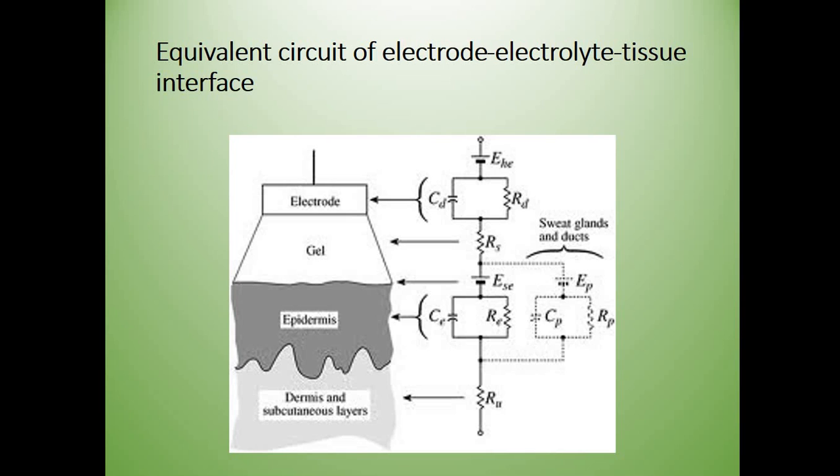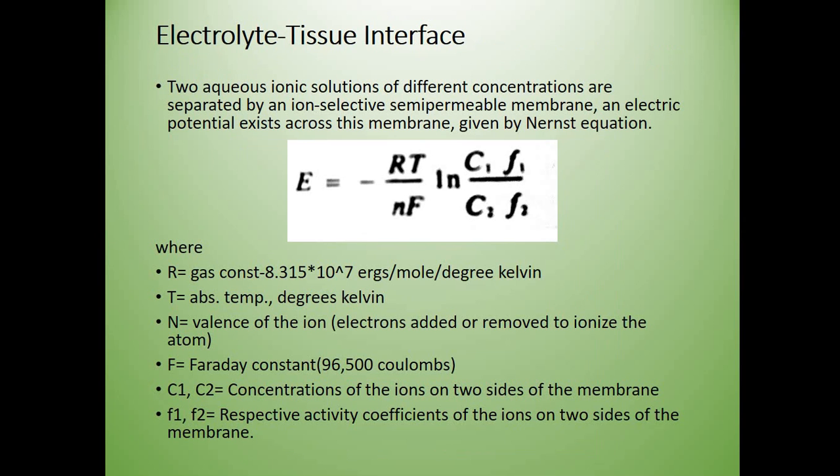And this is the equivalent representation of an electrode-electrolyte tissue interface, which also shows the other layers down the skin. So let us now look into the electrolyte tissue interface. We know that at the boundary between the electrolyte and tissue, it is actually separated by two aqueous ionic solutions of different concentrations,